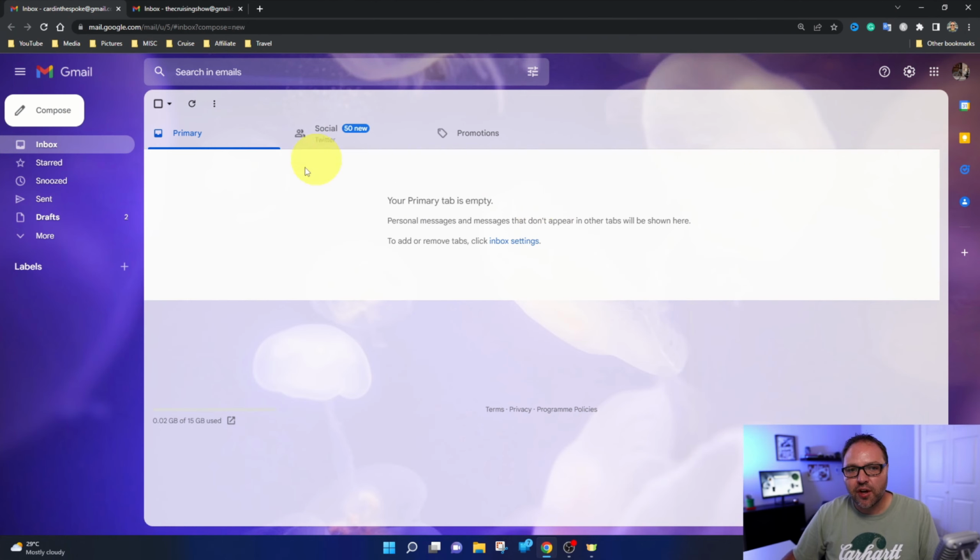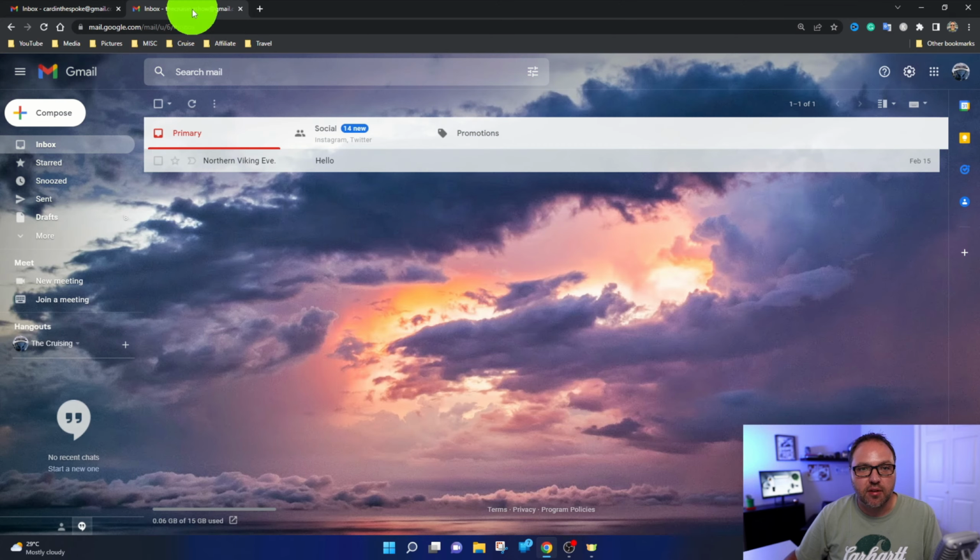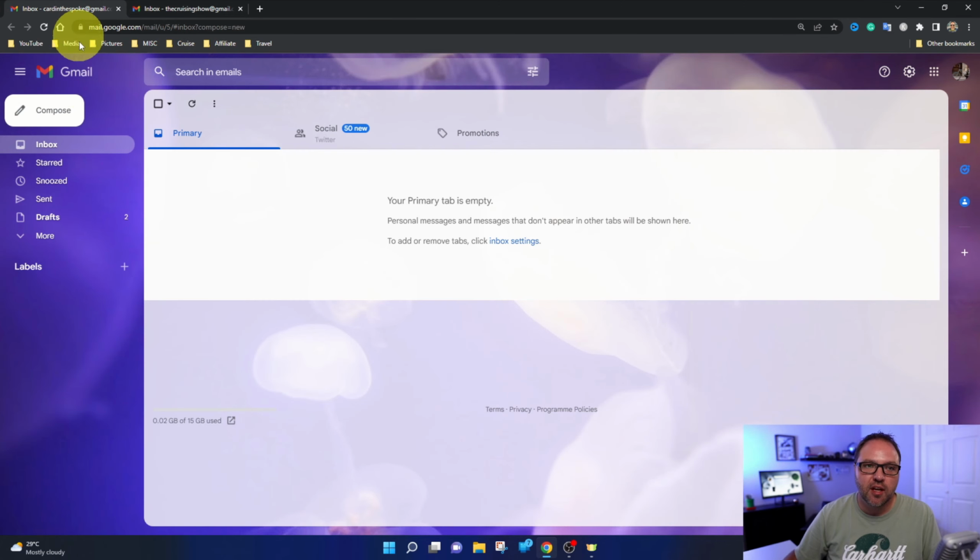All right, so I've actually gone ahead and logged into my Gmail account, and I've opened up two Gmail accounts here. So we're going to share files from one Gmail account to the other Gmail account, and then we'll collaborate on them as well. So the first thing we need to do is load up our Google Drive here